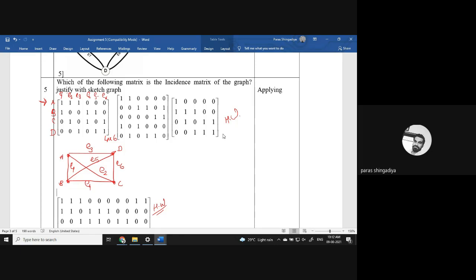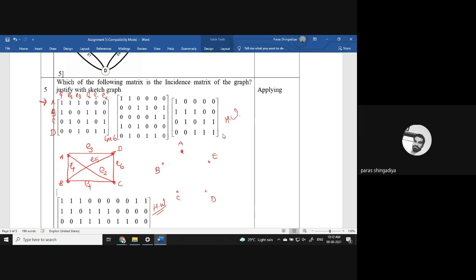Yes, is it done? The second graph. How many vertices will be there? 5 vertices. Okay. Place 5 vertices in any position and mention the notation A, B, C, D, and E. And now check the first column. In the first column, the 1s are mapped between the first vertex and the fourth vertex, A and D.